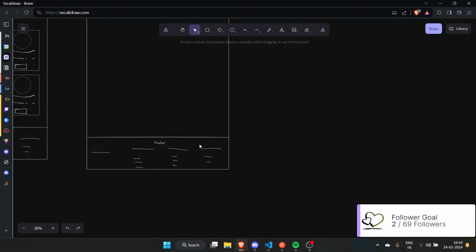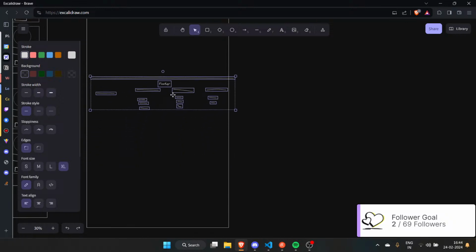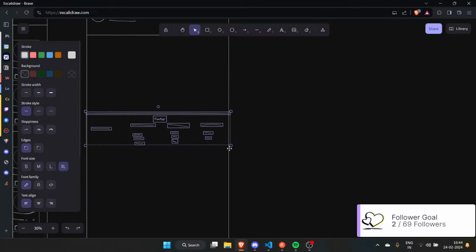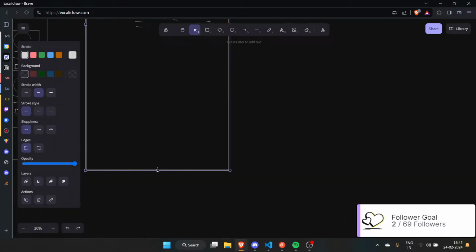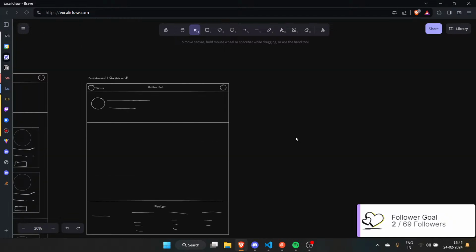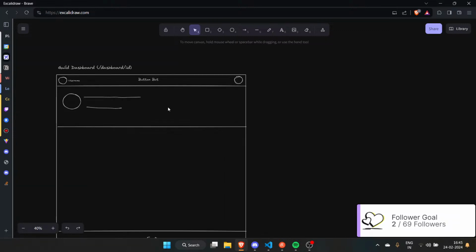I'll delete that. Select all of that, shift it like there, and I remove that. Awesome. Blah blah blah slash dashboard. I'll call this thing guild dashboard slash id. So we have username, blah blah blah.